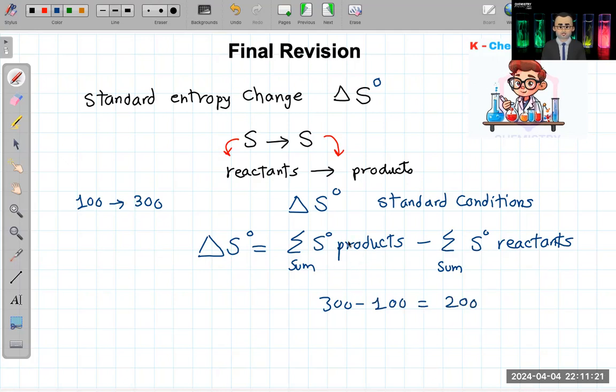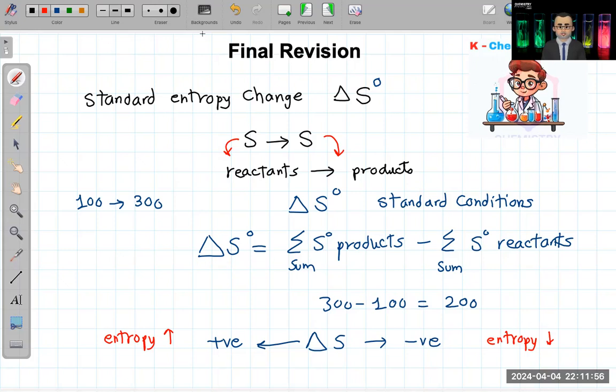It was like this and became like this. So I can say that delta S can be negative and delta S can be positive. If it is negative, it means that we have decreased it. We have lost some entropy, so the entropy has decreased. And if it increased, the entropy change becomes a positive value. So if you find it as a positive value, it means the entropy was small and then got bigger in the products. And if it decreased, it's negative, meaning it was big and then decreased.